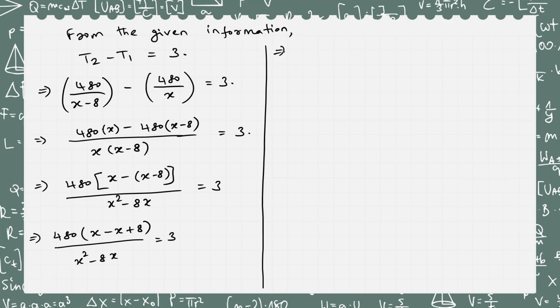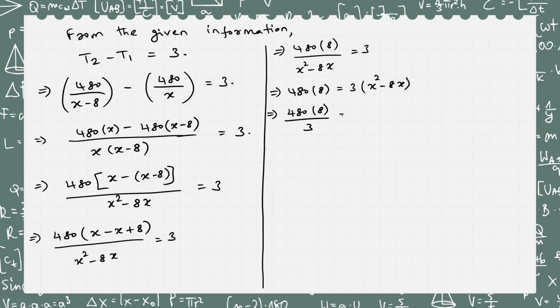So that implies 480 into 8 divided by x square minus 8x equal to 3. By cross multiplying we get 480 into 8 equal to 3 into x square minus 8x. Dividing both sides by 3, we get 480 into 8 divided by 3 equal to 3 into x square minus 8x divided by 3. So this gives us